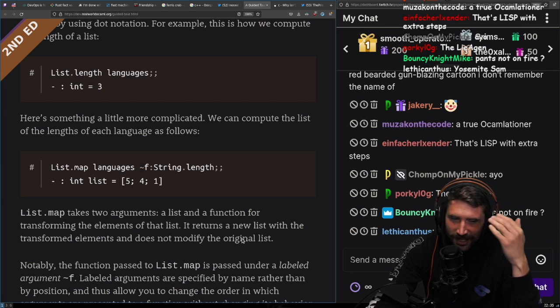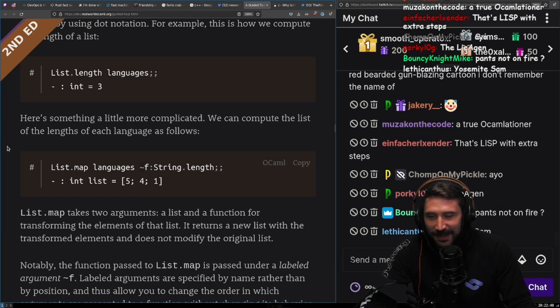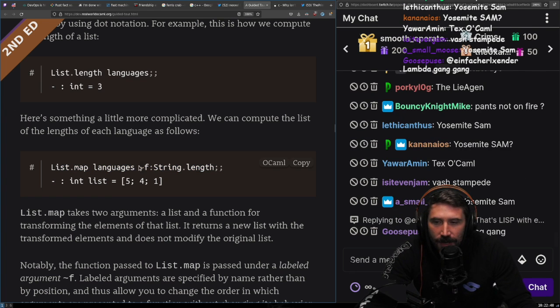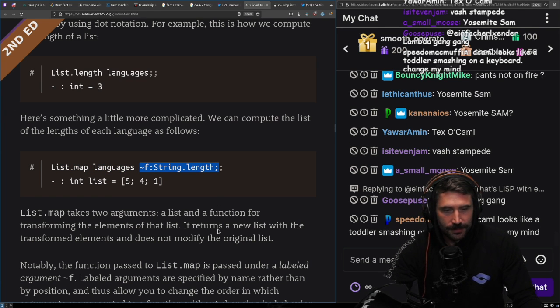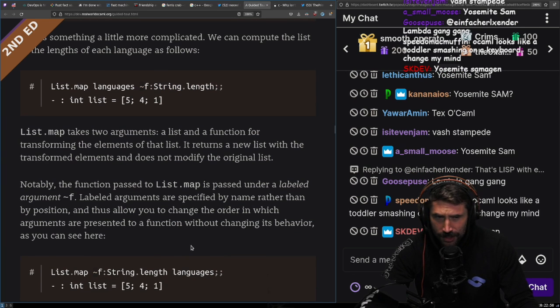Pants not. Oh, Yosemite Sam. Yosemite Sam. Yosemite Sam. I prefer Yosemite. All right, so anyways, you can. Yeah, this is great. I loved named arguments. I like that. OCaml looks like a toddler smashing on the keyboard. Changed my mind. You have a toddler that's incredible